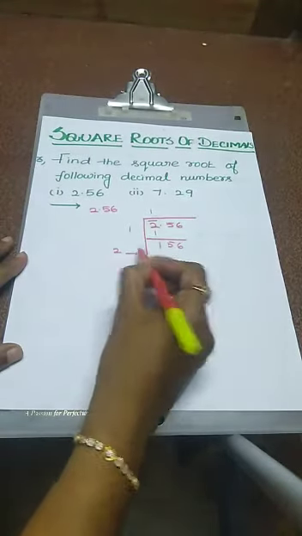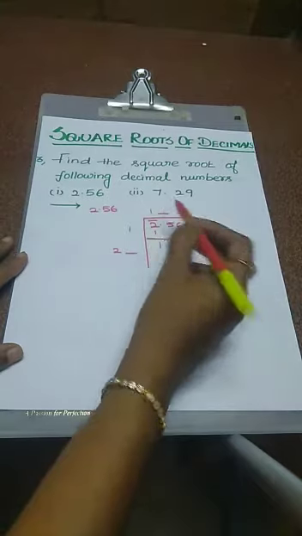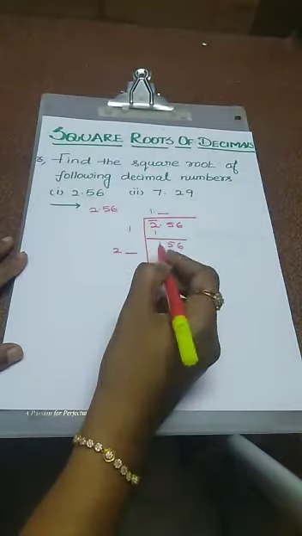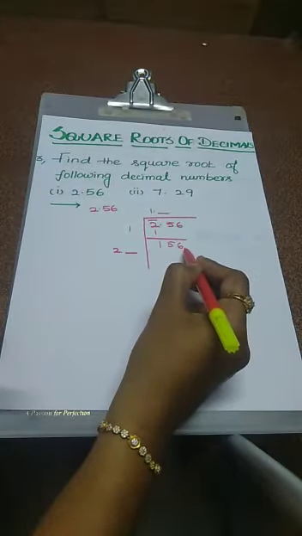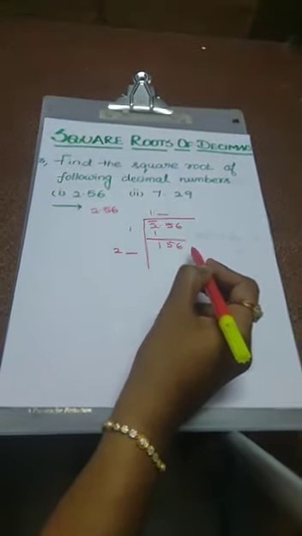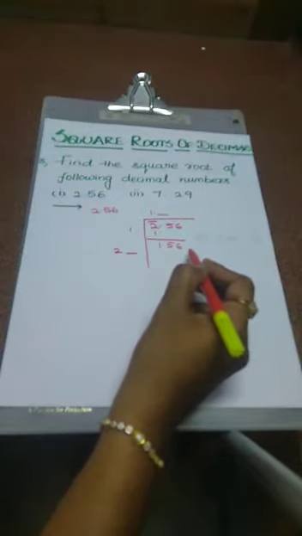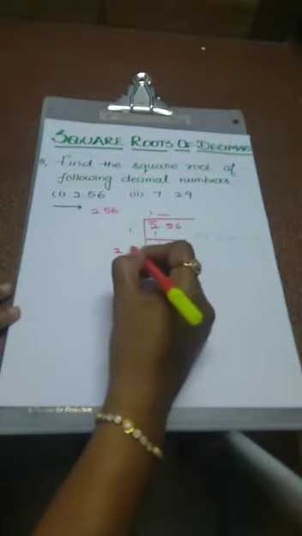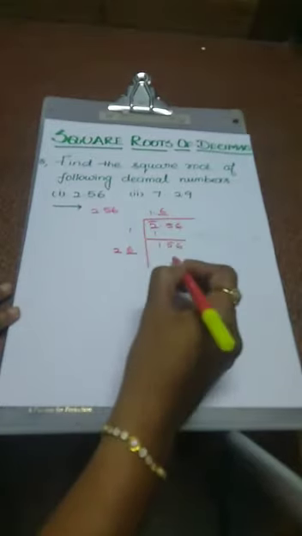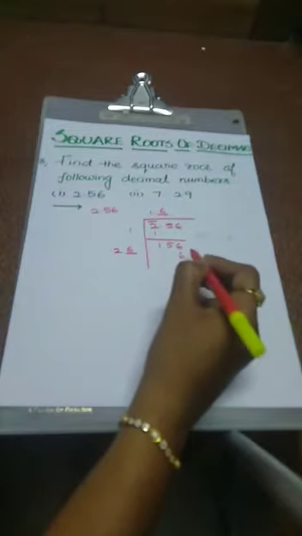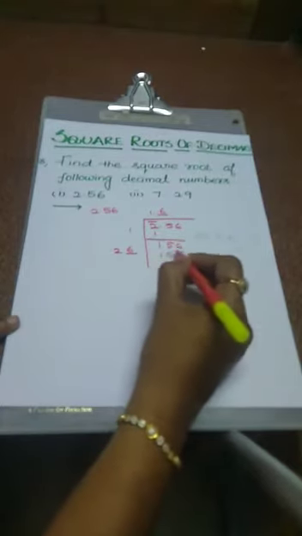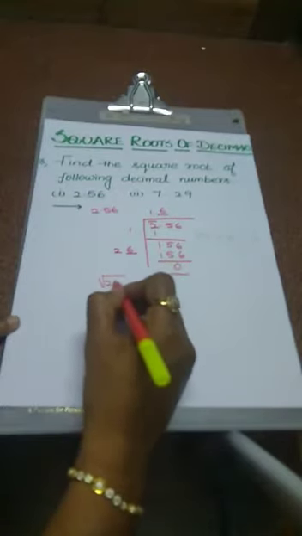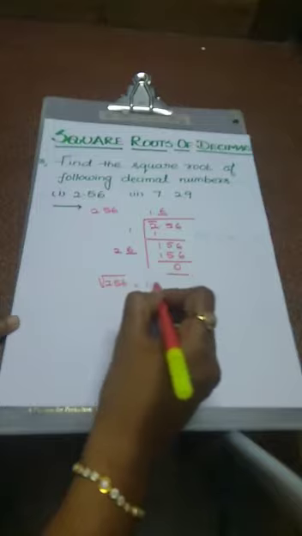Here we have to use one value, the same value we have to use in the quotient, but we use the decimal point also. Now the ending number is 6, so two possible values are there. One is 4, 4 4s are 16, that number also ending with the number 6. Another one is 6, 6 6s are 36. But here the possible number is actually 6. So use the 6 value here also. 6 6s are 36, balance 3. 6 2s are 12 plus 3 is 15. So then the remainder value is 0. So square root of 2.56 is equal to 1.6.